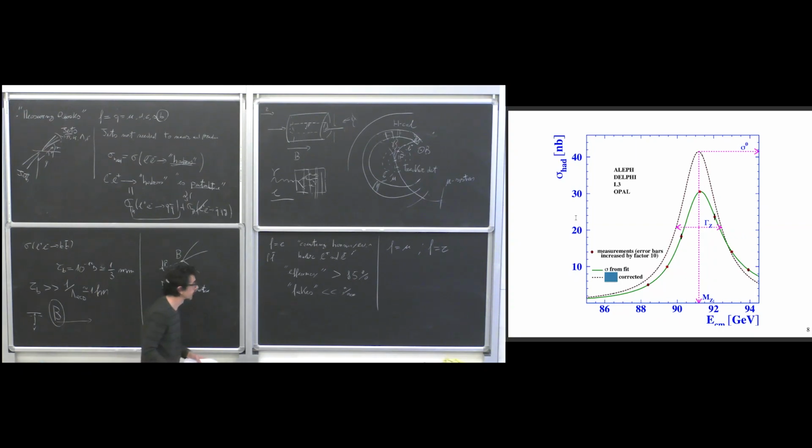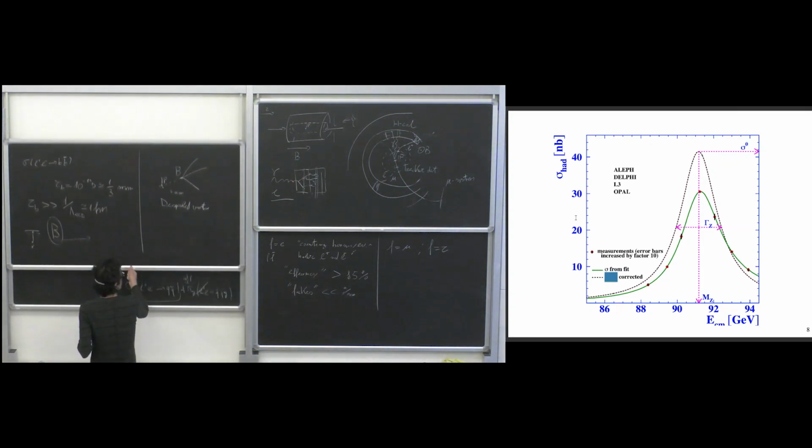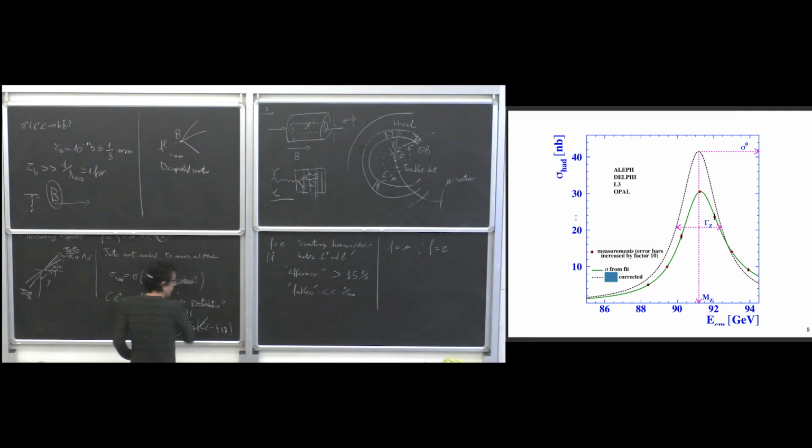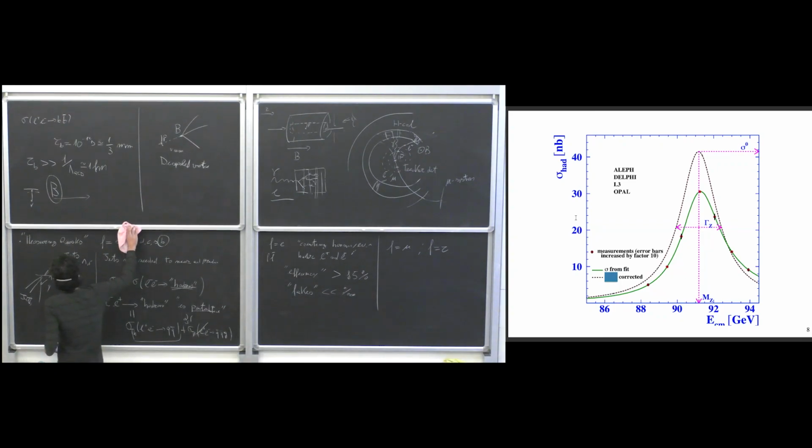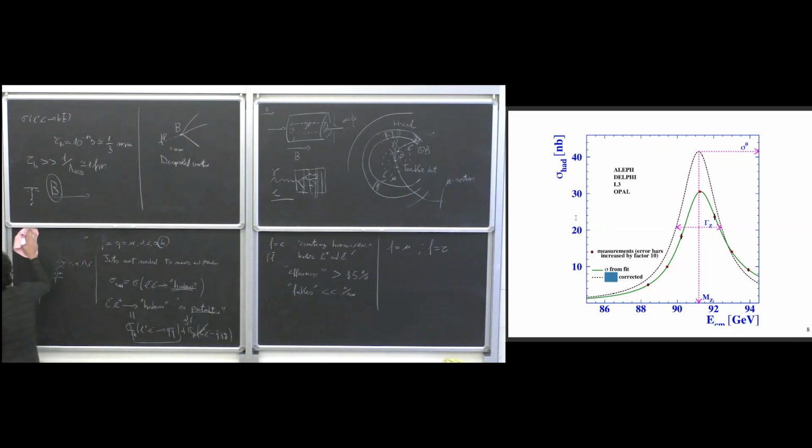Okay? And so that's why we can measure the cross-section to BB bar. Okay, if there are more questions about experimental, you can ask them anytime, but now I'm going to leave